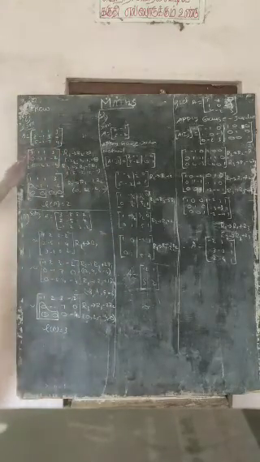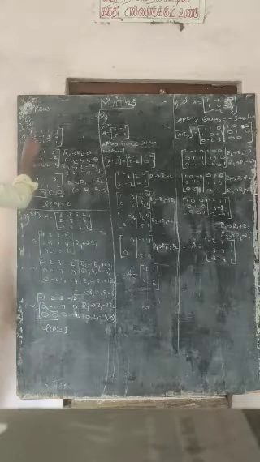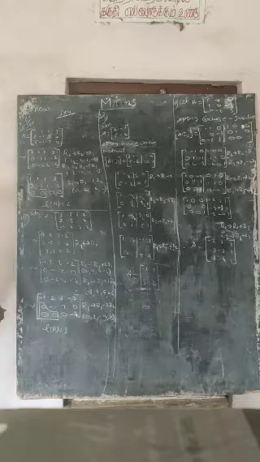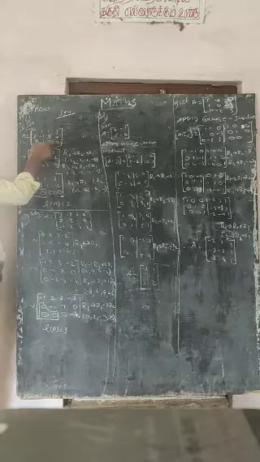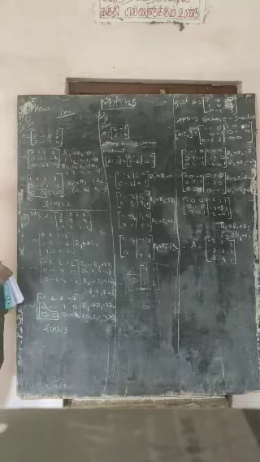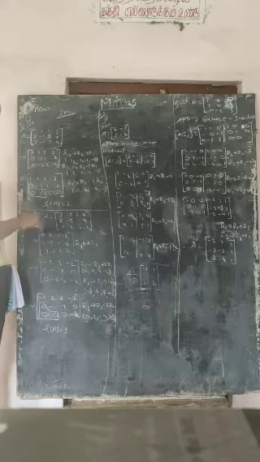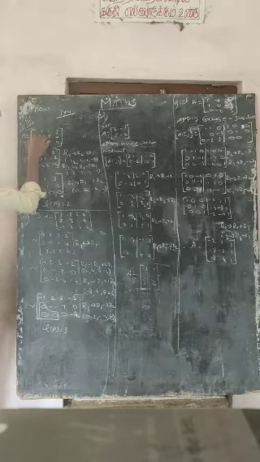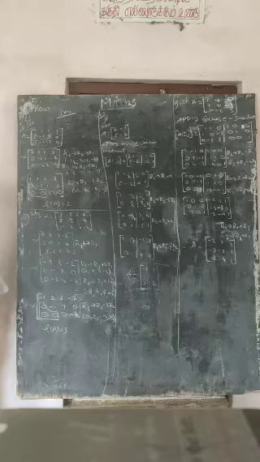So the first question, the order of the matrix is 3 cross 4. They have given a matrix, so we take that as A. So our aim in the rank, in the row reduction method, what is our aim? You see, these three places will become 0. This is our aim.